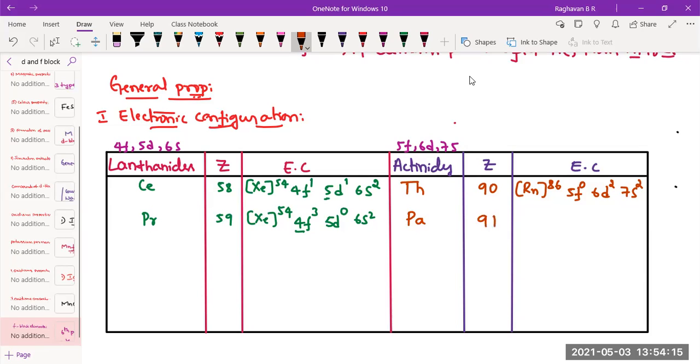Similarly, protactinium, it is 91, radon 86. There is 1 electron in D here. Okay, 1 electron. Therefore, 5f2, 6d1 and 7s2. So this kind of deviation is there with 9 elements: 6 elements in actinides and 3 elements in lanthanides, totally. So if you remember those 9, rest everything has normal electronic configuration. Now remaining elements, in the same way you should write and show it to me the next case.